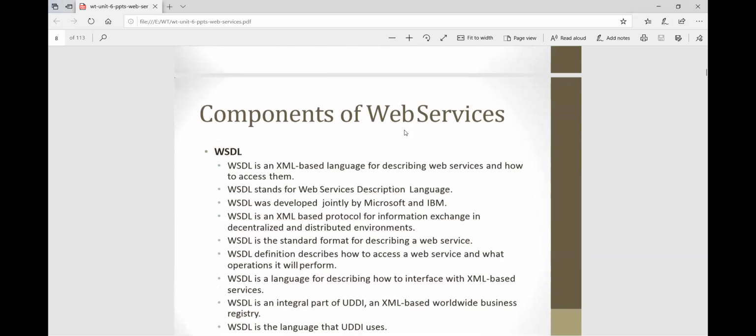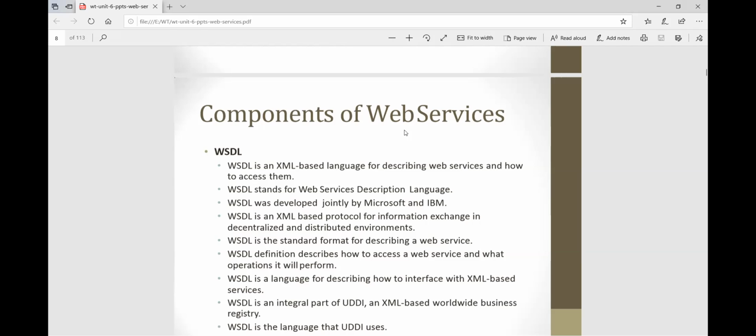The second component of web services is WSDL. It is also an XML-based language for describing web services and how to access them. WSDL stands for Web Services Description Language: W for web, S for services, D for description, L for language. It was developed jointly by Microsoft and IBM.